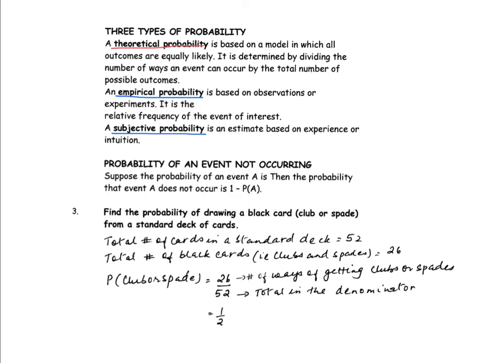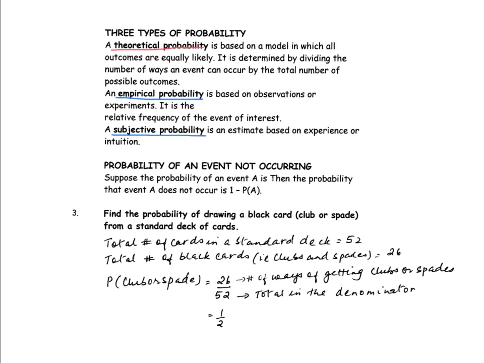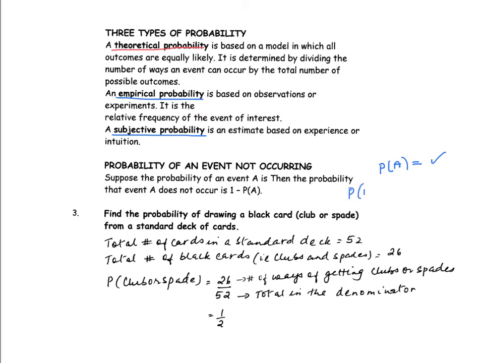Now, one important way of calculating probability is by using the rule, which is called the rule of complementation. So suppose I know the probability of an event A happening. So what I know is probability of A. Suppose I know what it is. Okay. Now, I'm trying to figure out what is the probability of A not happening. So what is the probability of not A? The event of A not happening